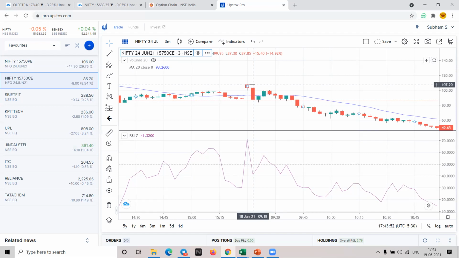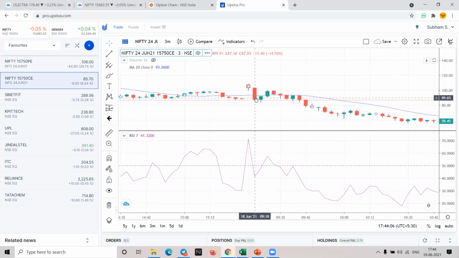Are you guys with me? Yes. So in this case, it was at the top, the RSI value, it has opened above 50, and with the block candle, it has come down. This is a perfect entry. Simply you can enter when the block candle is completed. Stop loss is at the high.